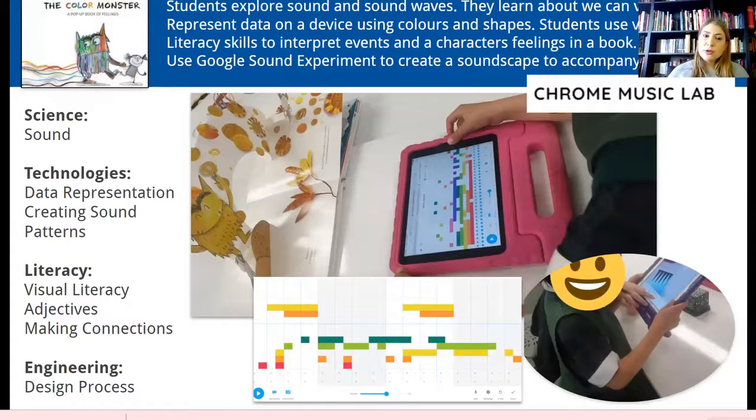In year one, we took it a little bit further and encouraged our girls to create soundscapes for texts that they had read and enjoyed. So we used the Colour Monster as our prime example, and we talked about some of the visual aspects of the Colour Monster. We talked about the story and the sort of emotions that our character felt in the story,